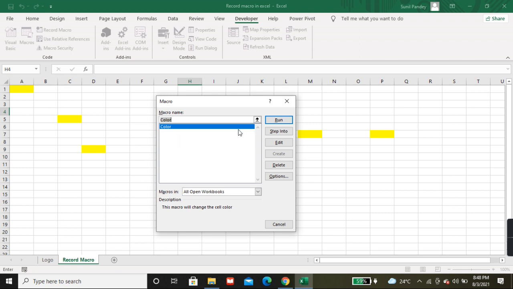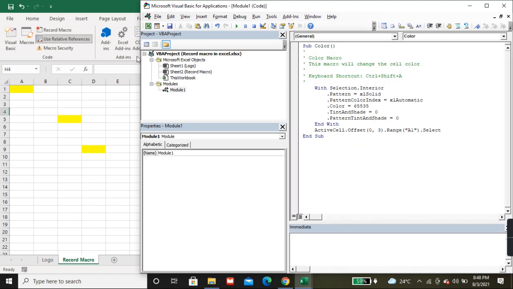If you want to see what is inside the macro, you just click on Edit and it will open in the VBA editor, the Visual Basic editor. This is the macro name we have given, Color.